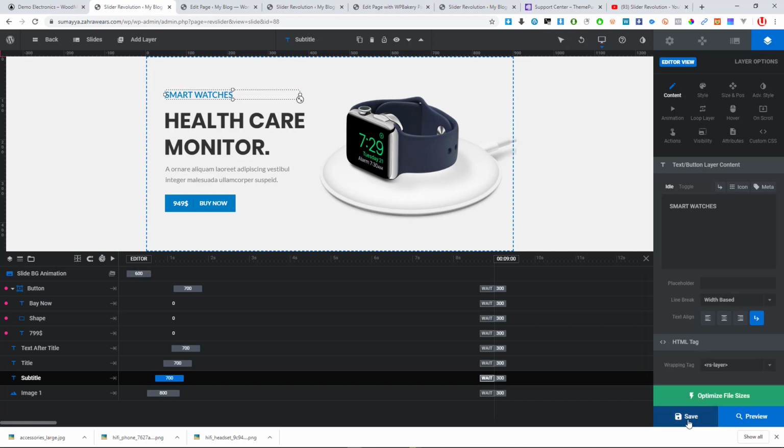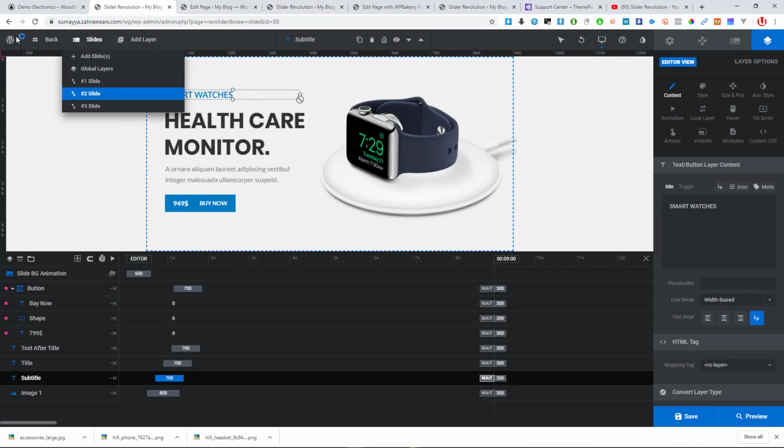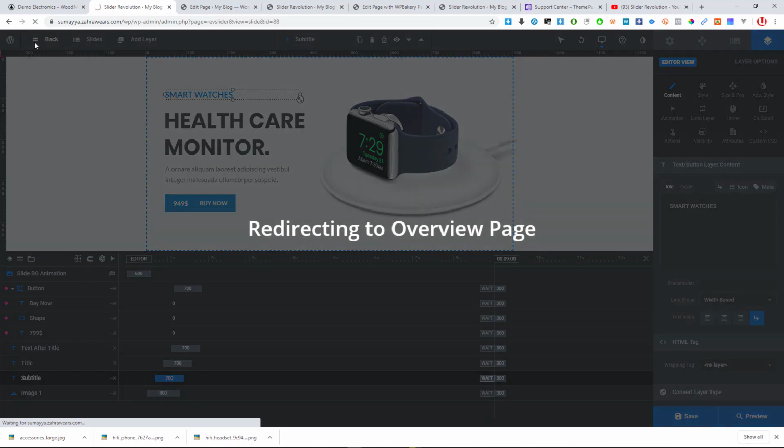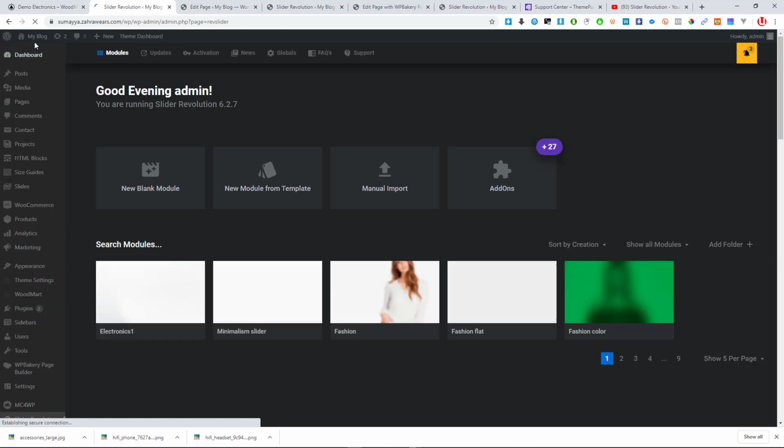So after I save, if I come to my main website and want to exit, you exit from here. I'll put the full link with full details about this Revolution Slider if you want to read more about it. So if I open this in a new tab and see my slider,